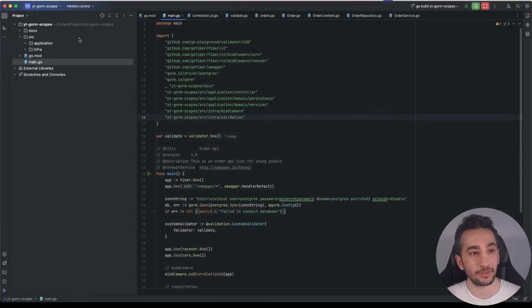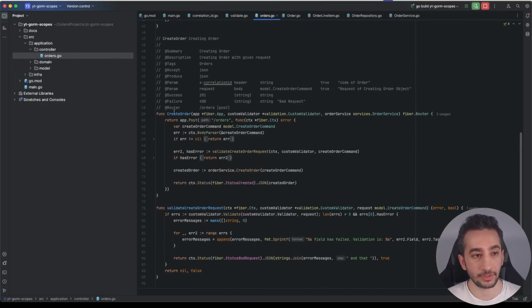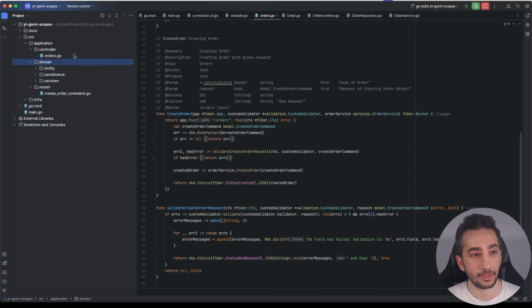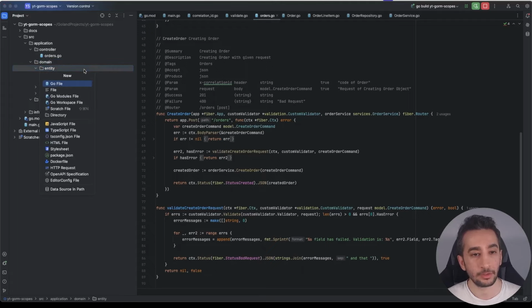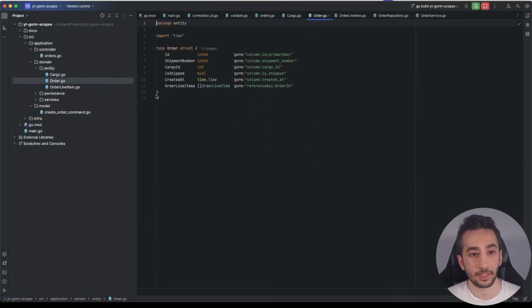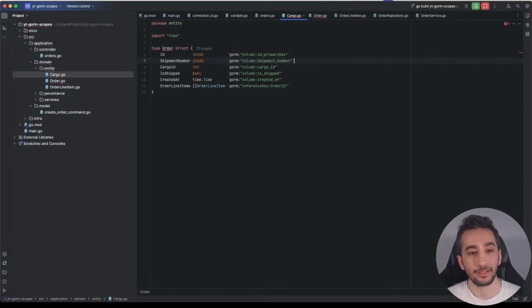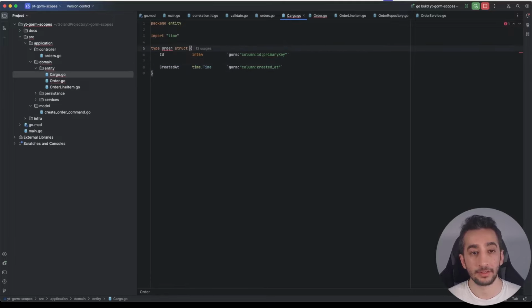Okay, this was our project. You can get the code from my GitHub, link in the description. So we have 2 endpoints. We will create the third one, but first let's add our cargo entity to here. So it is cargo. Okay, I will just copy here because I'm just lazy. I will use here and say this is cargo. I have cargo and it is the primary key, yes. We have code,